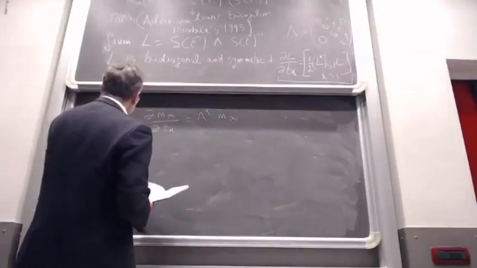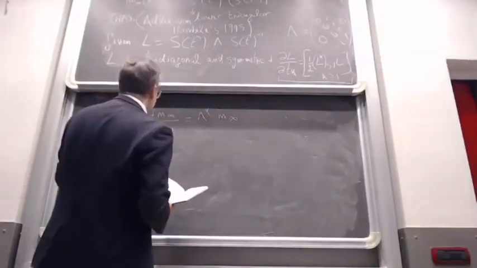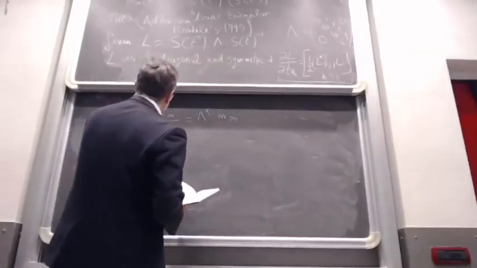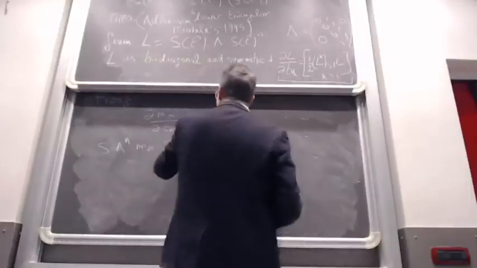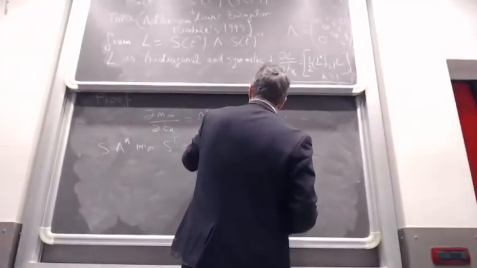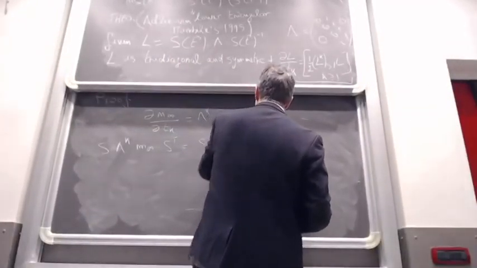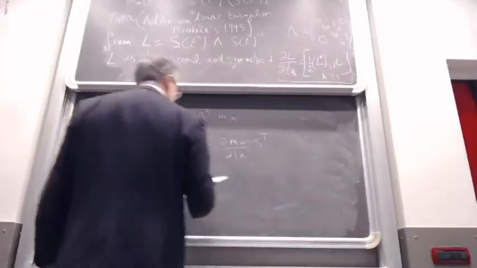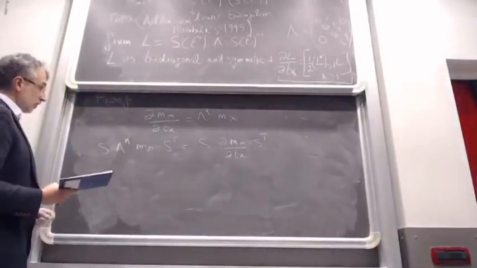So this is S. Let me write the right hand side first. Lambda k m infinity S transposed. This is S d m infinity by tk S transposed. And so the first thing is